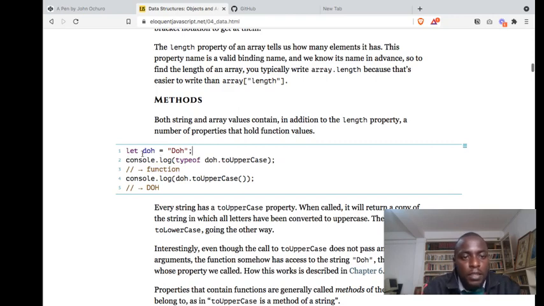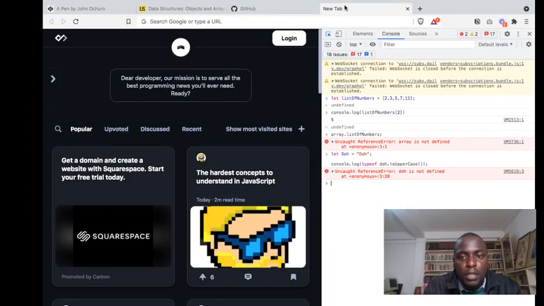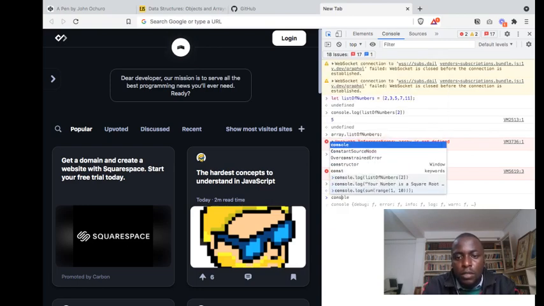So he said let do. Maybe it's because I used uppercase here. Would it have worked if it was lowercase? Let's try let do be string do. Close string and close it. It is undefined, but it exists. Then we're going to say console.log